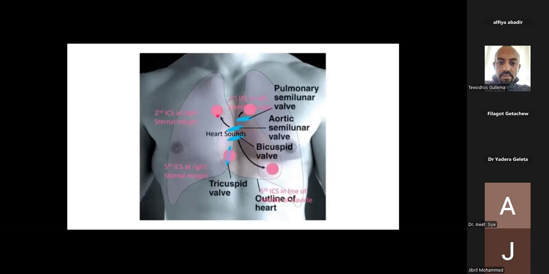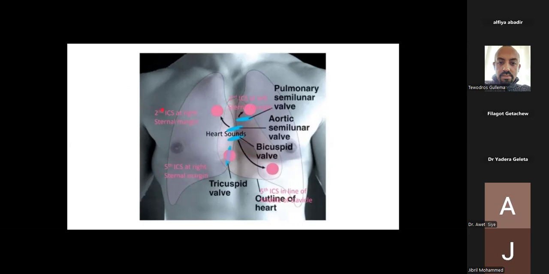Palpation is the same. Five areas you have to palpate, especially for the fourth sound and S3. But for those, you check the parasternal and here the apical area. And PMI is only here. PMI will be checked here, otherwise it's not checked here. Here and here, the PMI helps, for palpation of the point of apical impulse, which is what you find on inspection. Okay, this is the area.